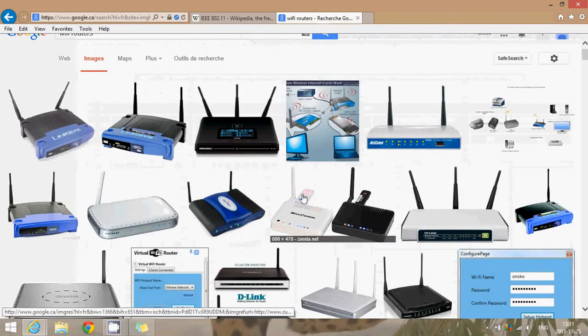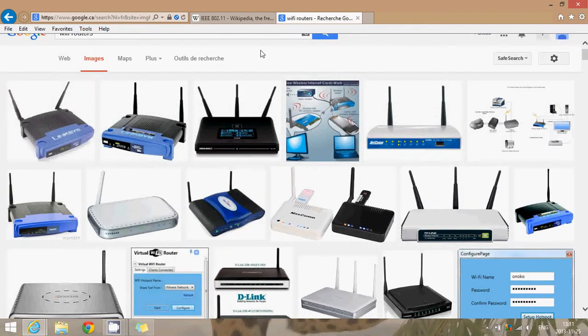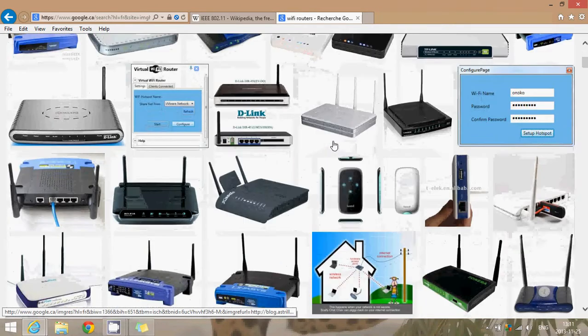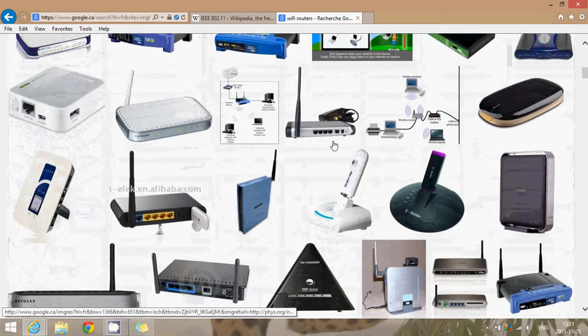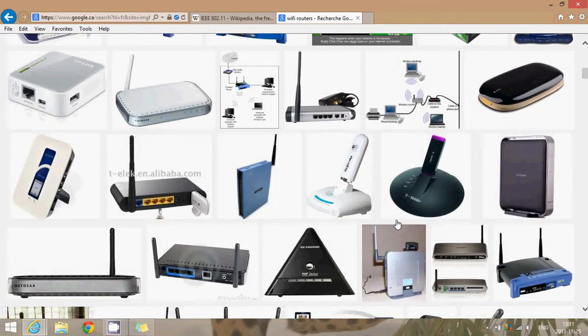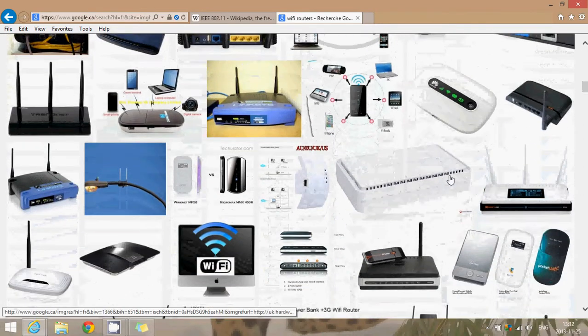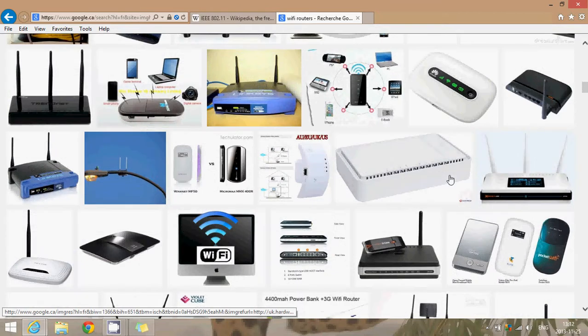What type of router do I buy? 2 antennas, 3 antennas, no antennas? What's the difference? Well, first of all, the no antenna routers are mostly there for, I would say, aesthetics. People find that routers are ugly little devices, and a lot of them will actually have no antennas outboard. But they still have an antenna, it's just that it's inside the casing. I don't usually recommend routers that don't have antennas that you can see, because usually having no antennas will very often have